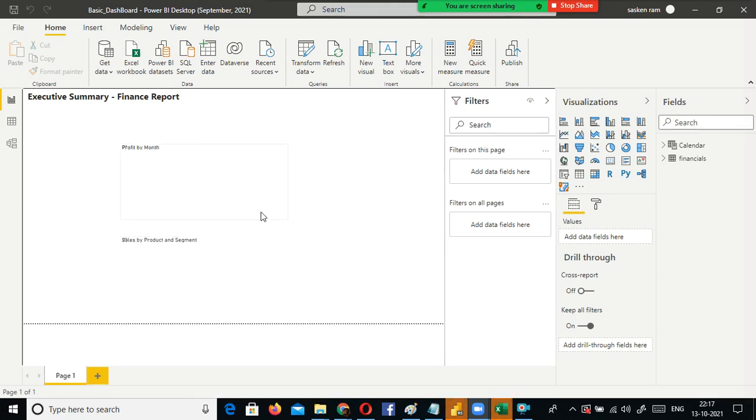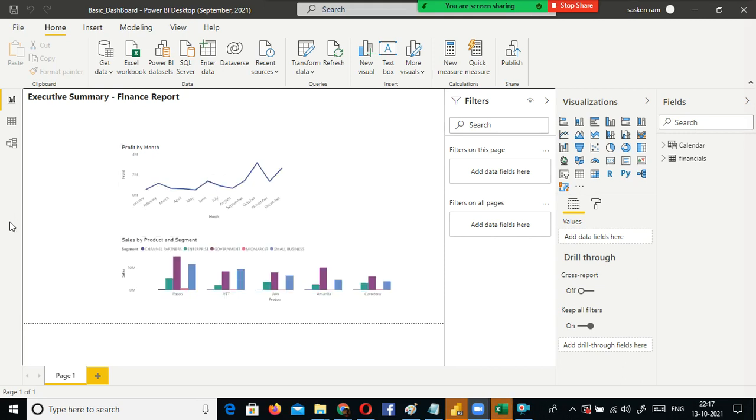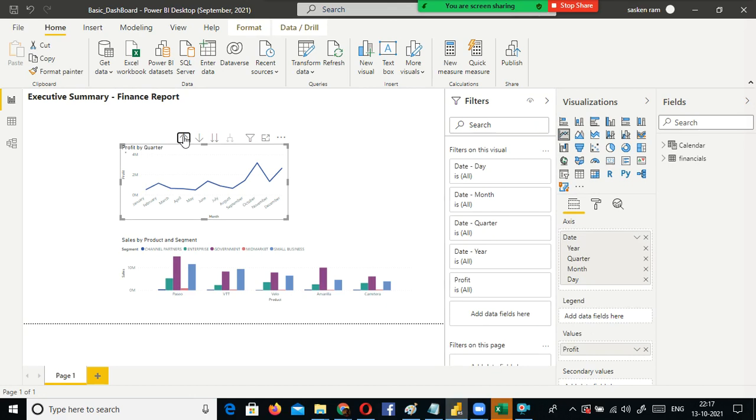The designing and all, anybody can do, but the only thing is the logic, you need to understand very clearly. That is the whole idea here. Look here, this is what I'm talking about. Drill up, drill down, and here something called go to the next level in the hierarchy, and expand all. Look here, you have profit by month. If I select this one, quarter and year, okay, year is the top level. Look, this is a hierarchy.